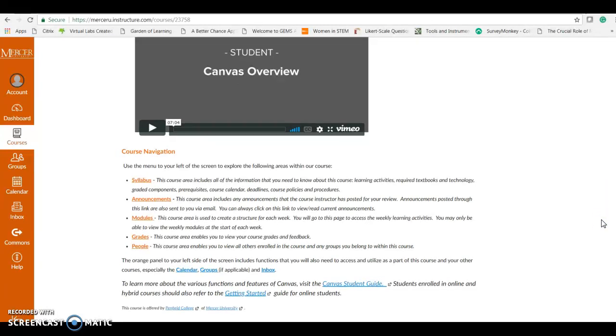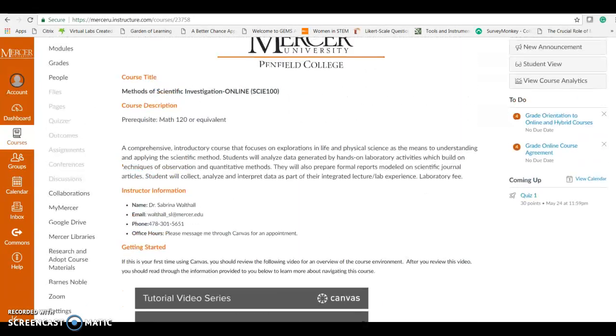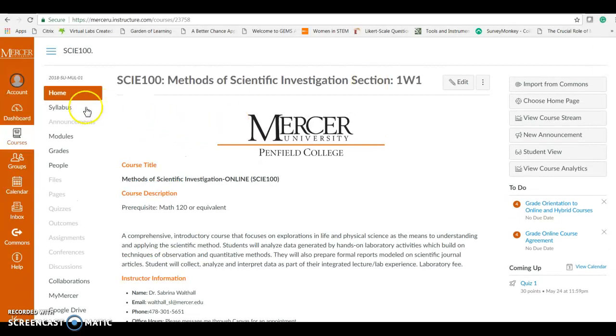It is not just a point and click deal, but you have to be engaged yourself because I'm not there with you face to face. All right, and so this tells you what all of the tabs on the side mean and what you can find there. What I want to point out, because I keep getting asked questions about the book and the syllabus, and it's on the syllabus,